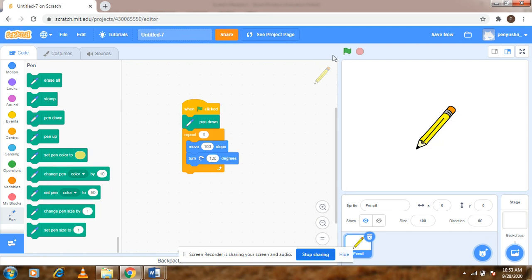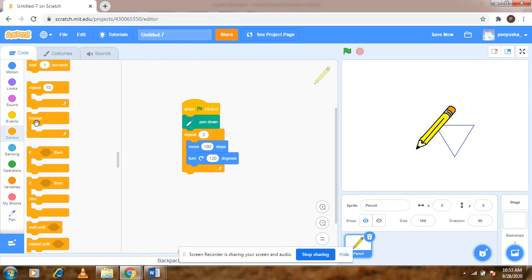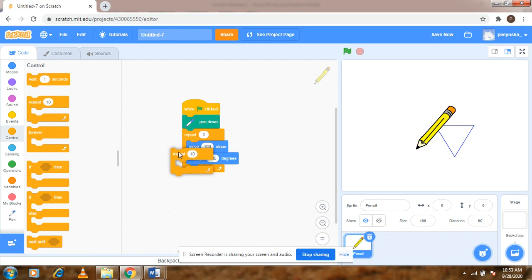Okay, so now let's run it and see if we get the same output that we got by placing repetitive code blocks. Yeah, we got the same output. Now, as I said, the second step of today's class is to be able to make a circular pattern using triangles, for which what I'm going to do is add another repeat code block, because these triangles have to be repeated a number of times to form a circular pattern.